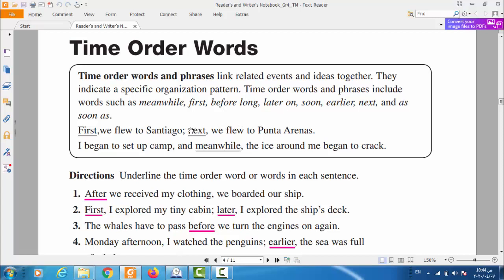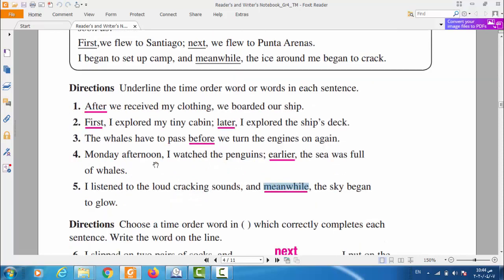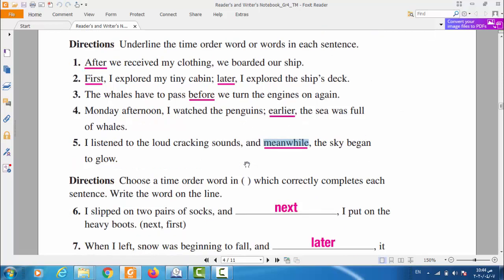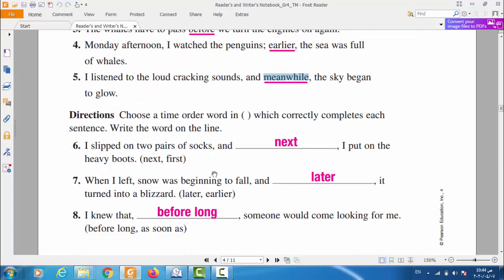Time ordered words really relate the events of the story, or link the events of the story. Okay, guys, this is what we call the time ordered words. And then from number 1 to number 5 in here, you have to underline the time ordered words. Down here, in the direction he showed you, choose a time ordered word in the brackets which correctly